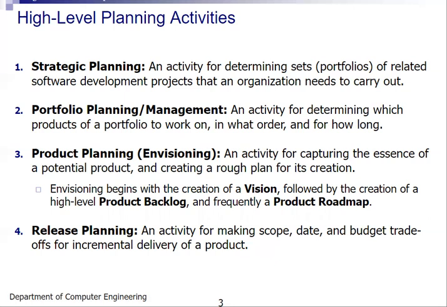So here you will be deciding, as an industry you are handling different product developments, different projects. So the sequence, the order, and वो हर एक प्रोडक्ट का डेवलपमेंट कितने टाइम चलेगा, and an activity for determining which product of the portfolio to work on, in what order, and for how long. Then comes the product planning, which is called as, अभी पूरा ऊपर का हो गया, like the sequence बना के हो गया कि we will start with this product A, and after completion of 2 weeks we will start with product B,